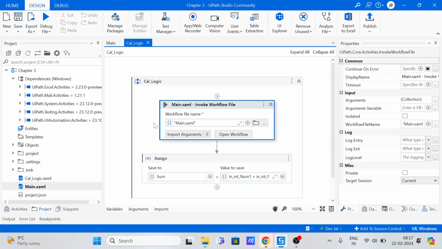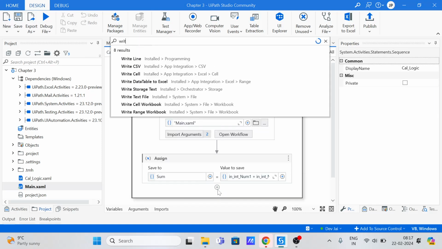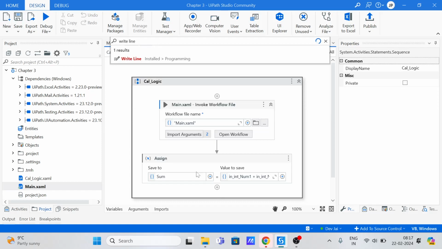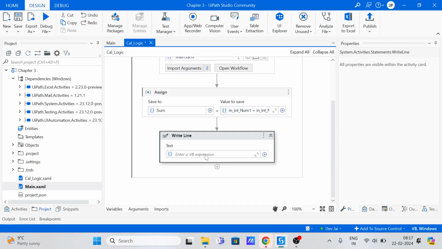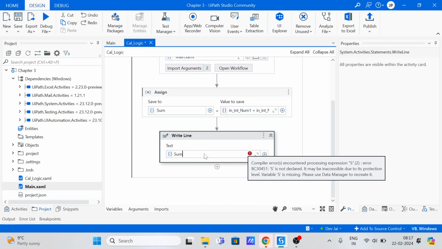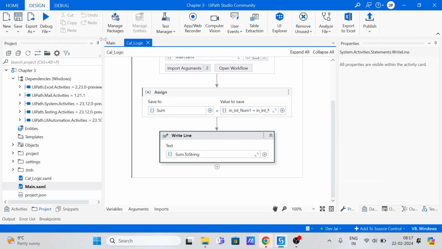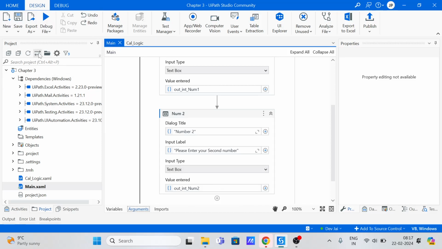Now if I'll be running my workflow, so let's use a write. I'll tell you everything about arguments. Just give me one moment, guys. So I'll say sum dot toString. I'll let you know what toString is as well. So if I run it,